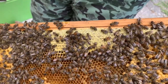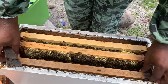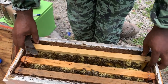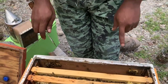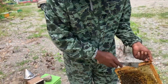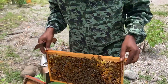That's correct. So usually beekeepers wait till the last harvest for the year, which is this one, before they take out most of their beeswax. For me, as somebody that sells wax, after I harvest that honey, I'll take out maximum wax. When I'm cutting with the knife to uncap the honey, I'll cut it flush with the frame, so I can get maximum wax to melt and to sell